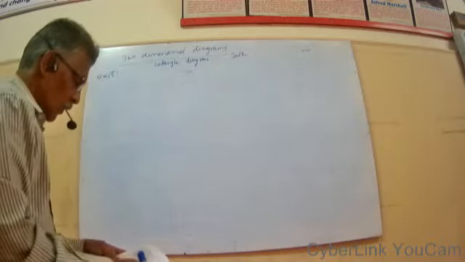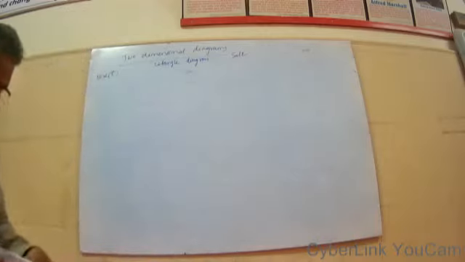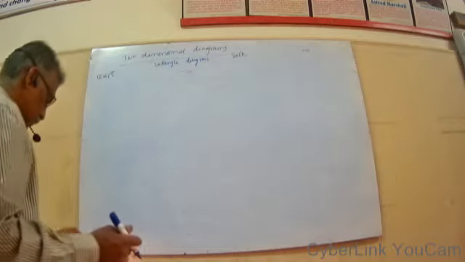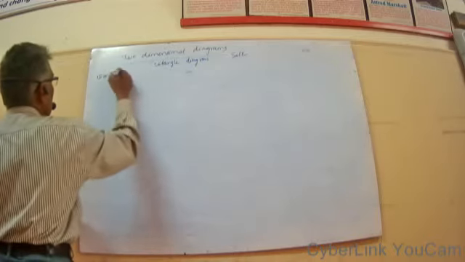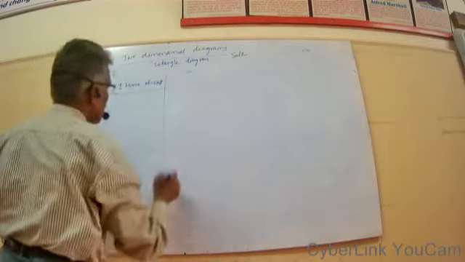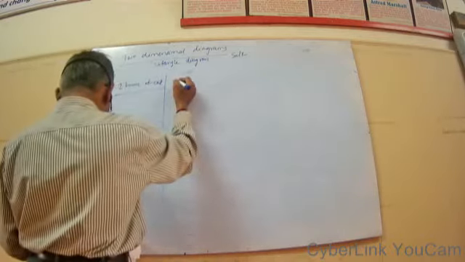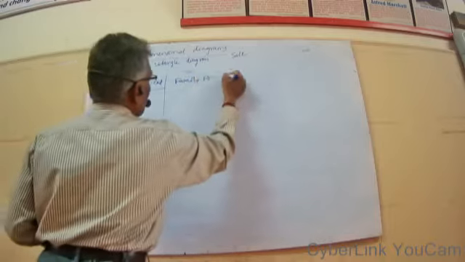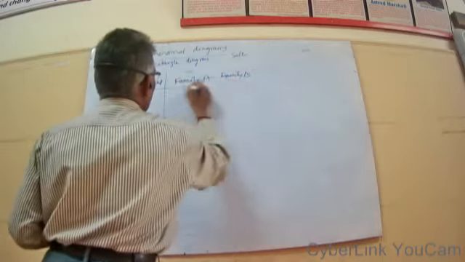Quickly I will see this. The example is this. The following data gives the monthly expenditure in rupees of two families. Example number 6: items of expenditure, and expenditure for family A and family B in rupees.